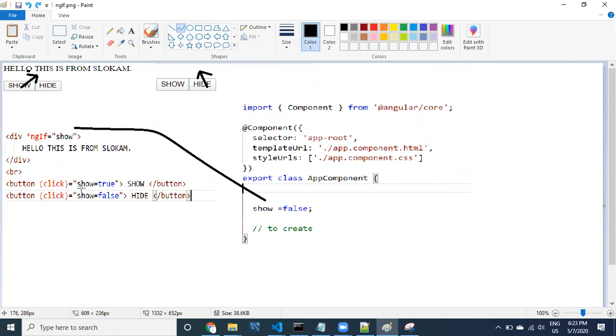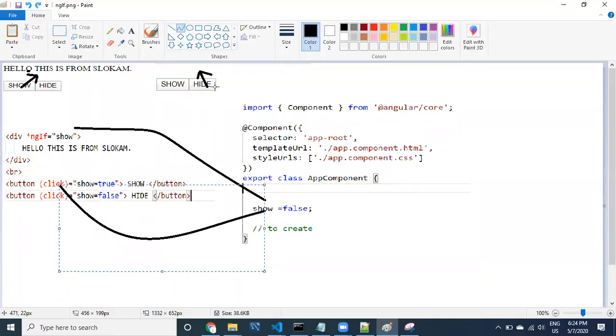So this is going to be something like this: whenever you are clicking on it, you are changing the value. What's happening when you click on here? So if you observe carefully again, whenever you click on here, show becomes what?